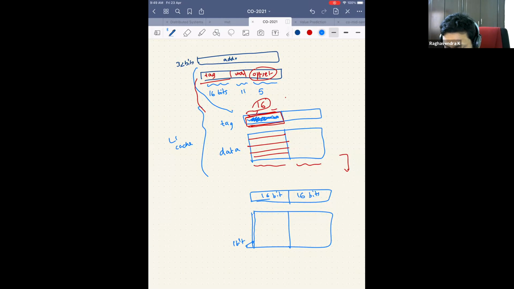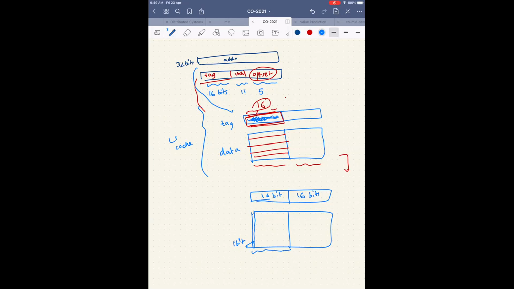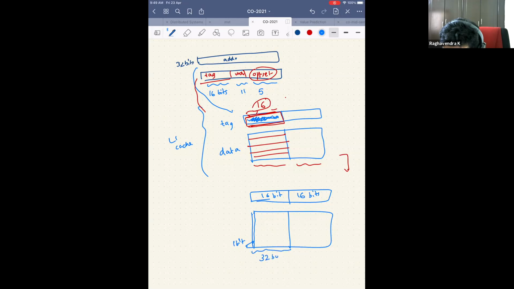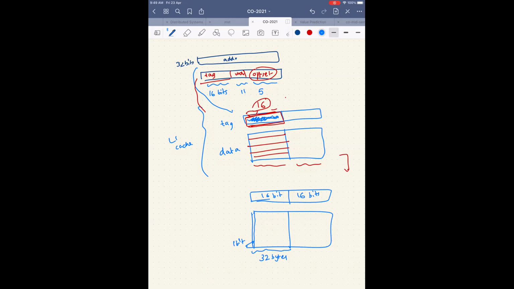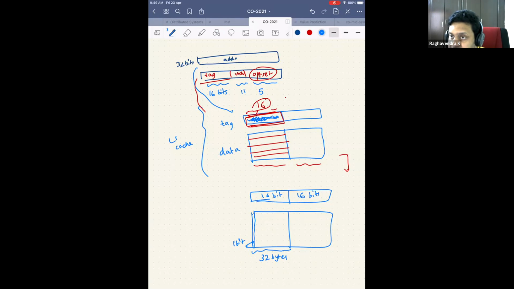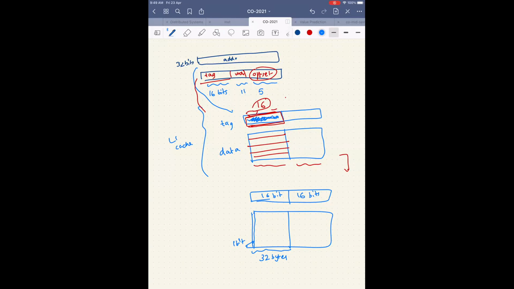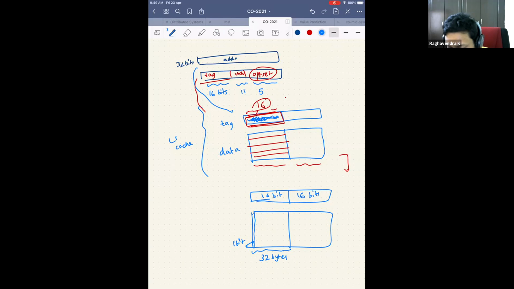Yes, sir, if you want to store it only. No, this is 32 bytes. Let's say the cache size was 32 bytes. Then do you have to add 1 extra bit? I have to add 1 extra bit. I can't store that 1 bit in the data array location. Do you agree? Because this data location is meant to store 32 bytes. If you use up 1 bit, then you are scrambling the data, right? You are actually corrupting the data, right?